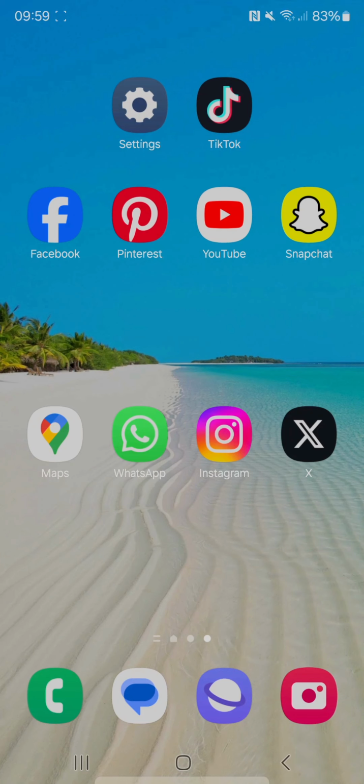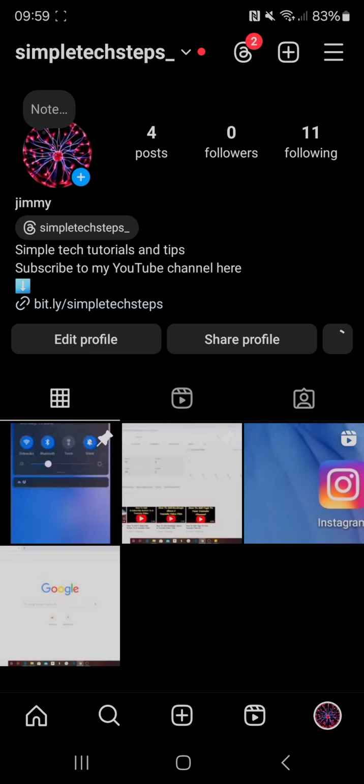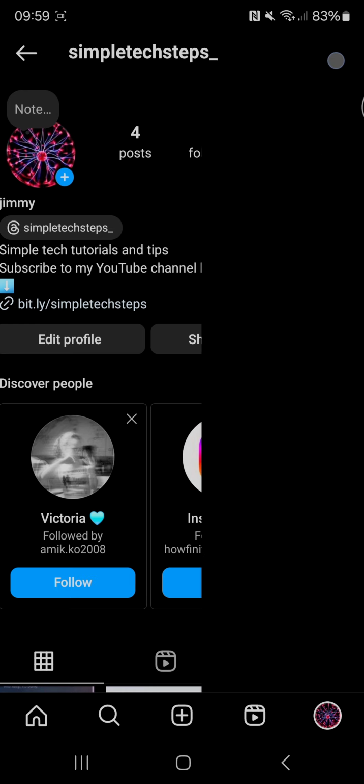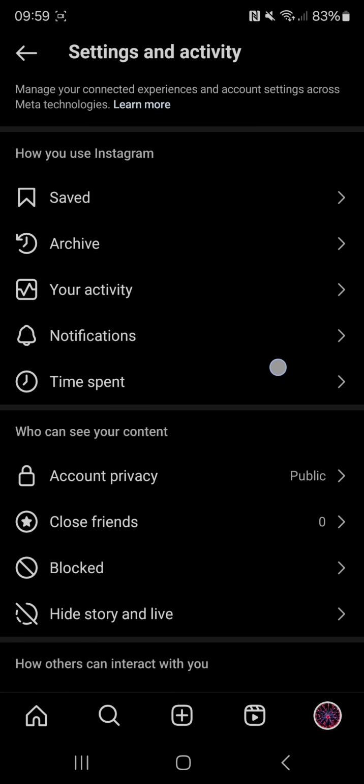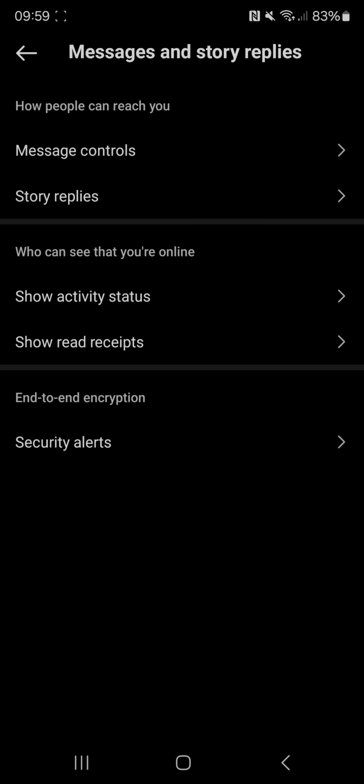So what you'll need to do is open up Instagram, click on your profile icon on the bottom right, and once you're on here, select the three lines on the top right. Then just scroll down until you come to messages and story replies, so select that, and then you should see near the middle show read receipts, so you just want to click on there,